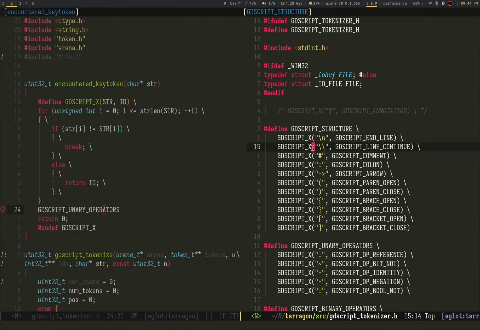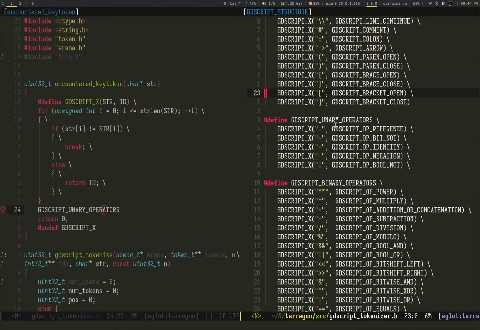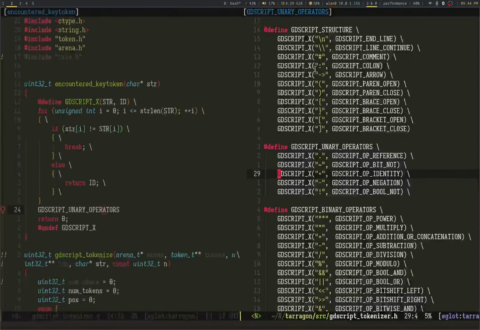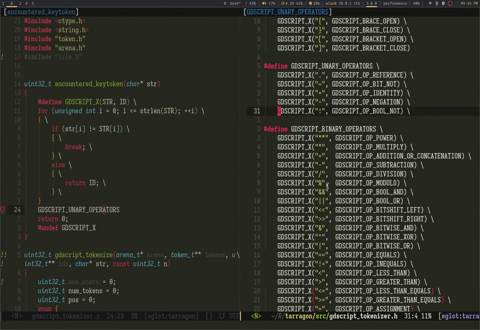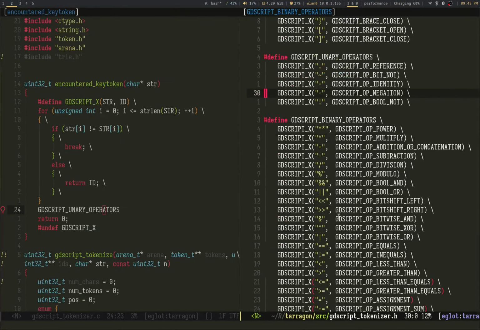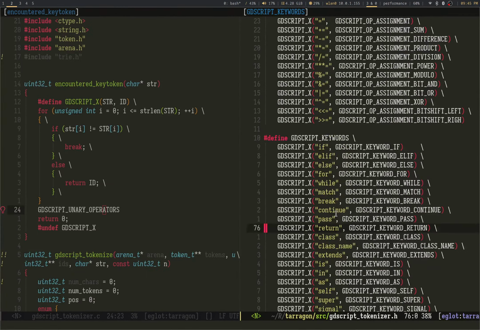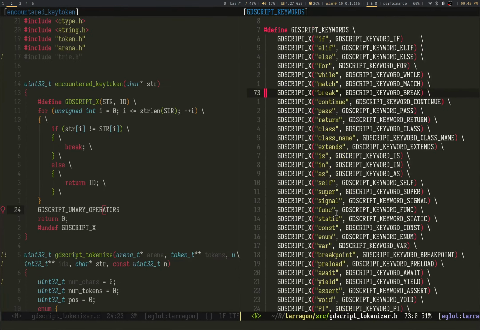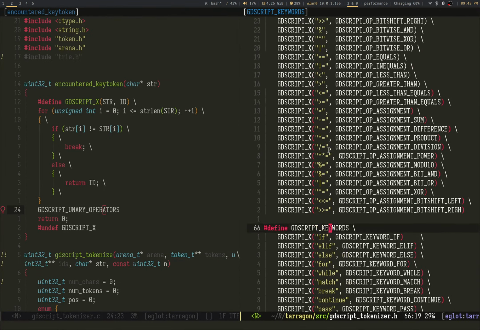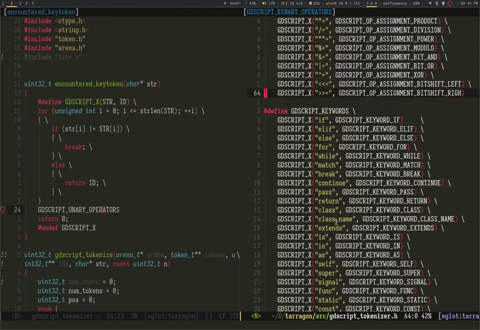Yeah, all of these are structure. Basically, you hit that, you add your current token. Same reasoning with all of these. Same with paren close. You hit any of these, you stop what you're doing, hit the floor, you know, because you can write these tied up on each other, unfortunately. And I'll figure out what to do with GDScript annotation later. And these are not keywords. In fact, they're structure, unary operators, and binary operators.